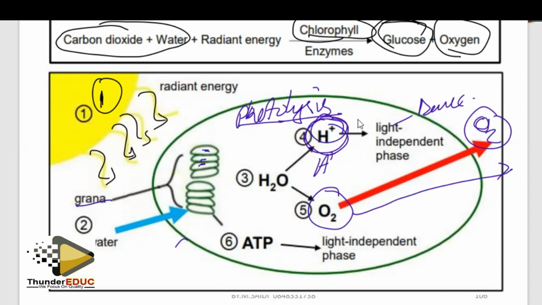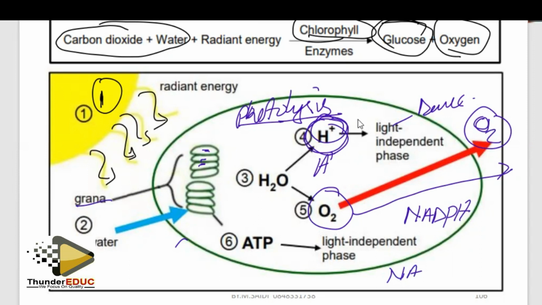The light independent phase, or how does this hydrogen go to the dark phase? From the thylakoids, and then it goes to the dark phase. How does it go there? It goes there by use of NADPH. So what happens is NADP,